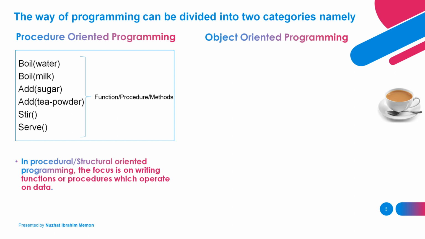In procedure-oriented programming, we give importance to the algorithm or the flow of the data, that is, the procedure or function only. So let's see the functions to make tea. In step number 1, we need to boil liquid like water and milk in a teapot. So here we will create a boil function with input as water, and we'll reuse the same boil function for milk too. Now in step number 2, we need to add tea powder and sugar. So we will write a function add with input argument as sugar as well as tea powder. In step number 3 we will stir it, and in step number 4 we will serve our perfect tea.